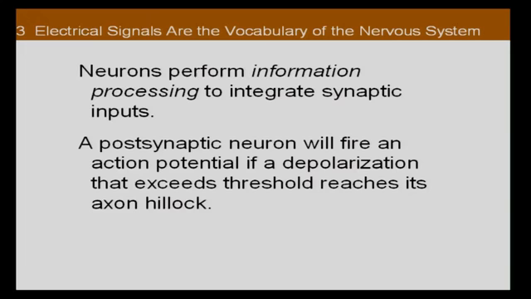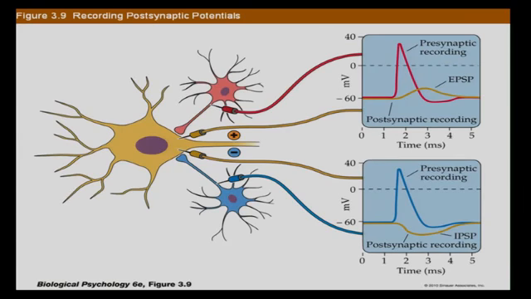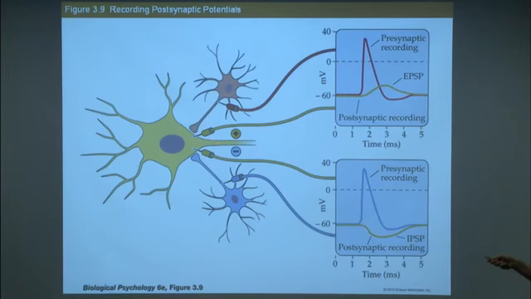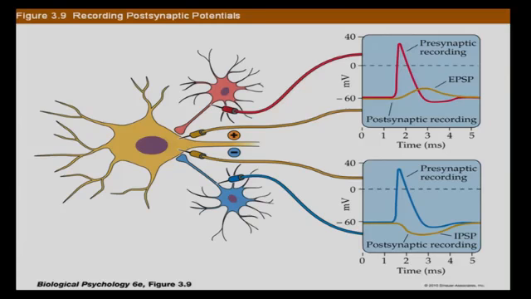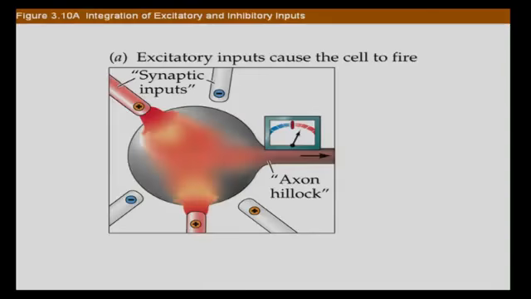Okay, and so that's what I just said. Neurons perform information processing to integrate synaptic inputs. A postsynaptic neuron will fire an action potential if a depolarization that exceeds its threshold reaches its axon hillock. So if this neuron is to fire, we need enough of a depolarization to reach this part, the axon hillock. We need the depolarization to get to threshold. That is the way that this neuron is going to fire an action potential. Okay, so how does that happen? Well,